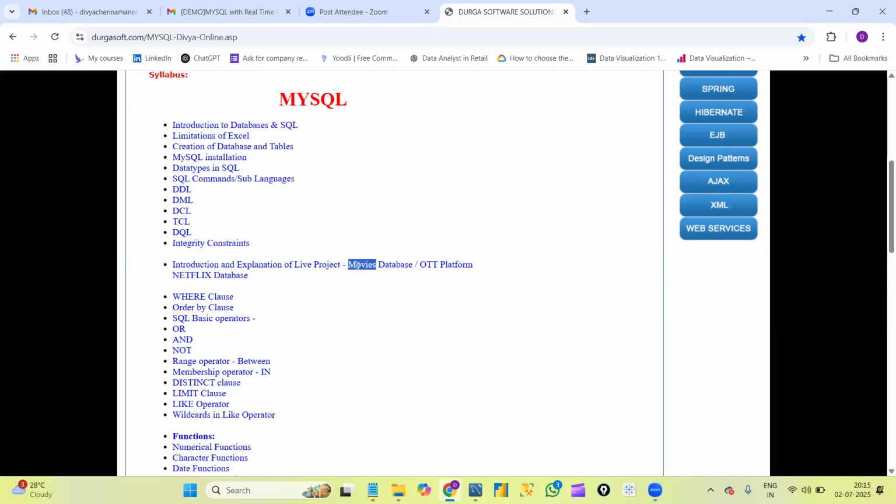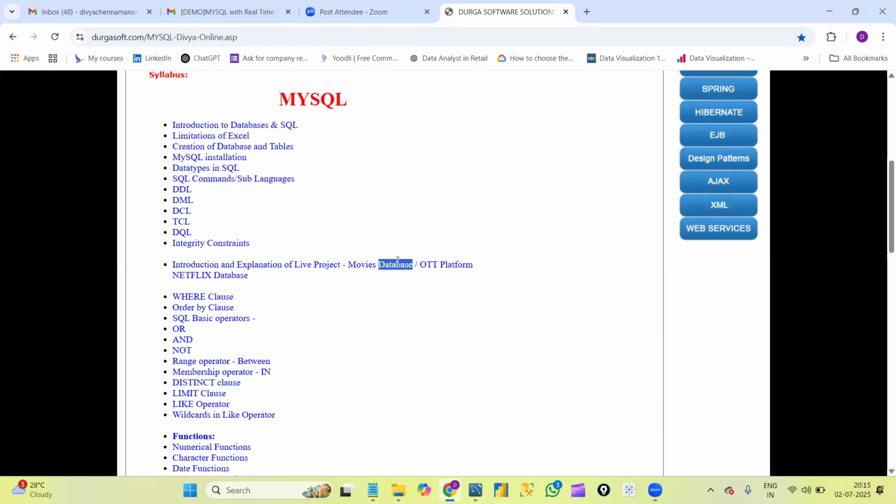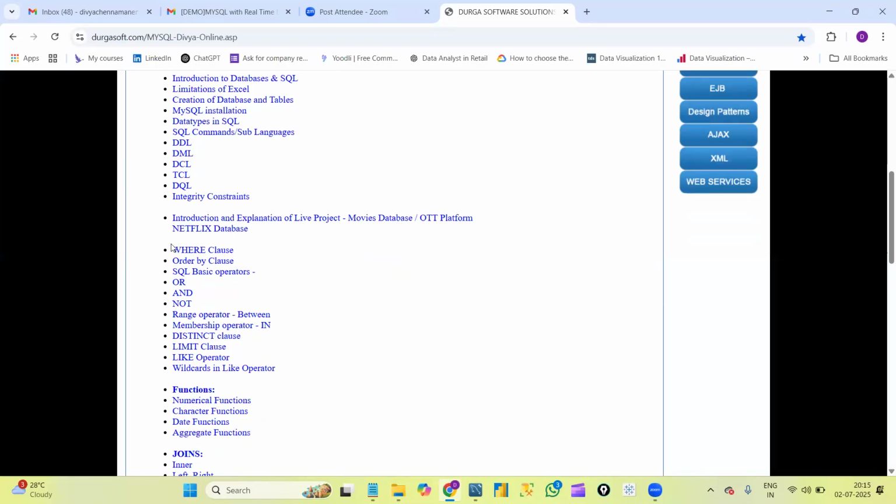Once we are done with these concepts, I'll give you the database, I'll explain the database, and I'll show you how to restore this database into your system. And then we will start our main concepts. Okay, the next concept will be